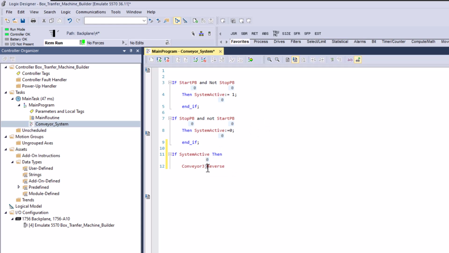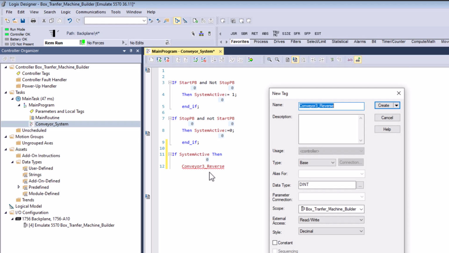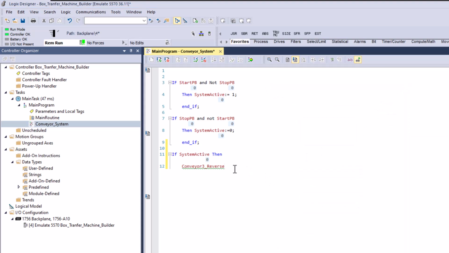Oh, I put the wrong thing. So let me go ahead and make that tag. That's going to be a bool. This is going to run our conveyor, and we'll just say if system active is on, then we want to go ahead and I'll put this to 1. Close the statement,